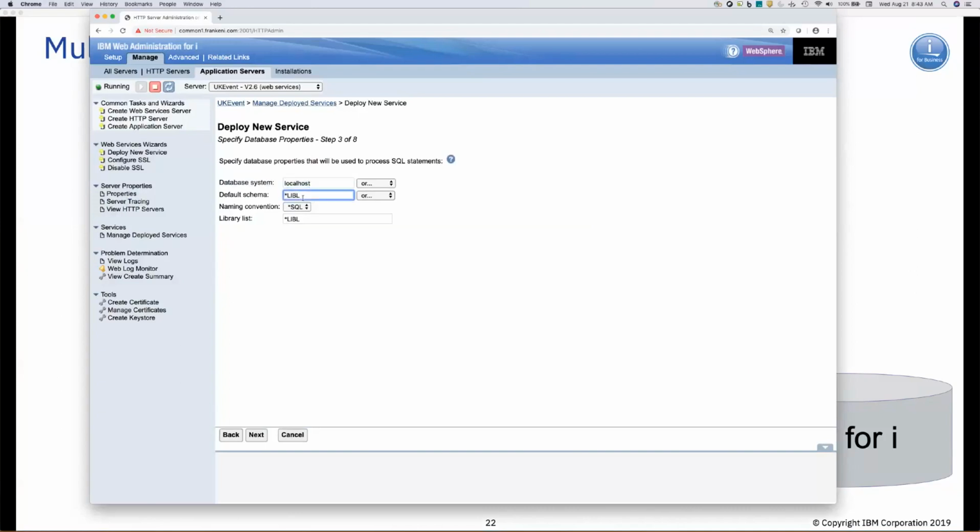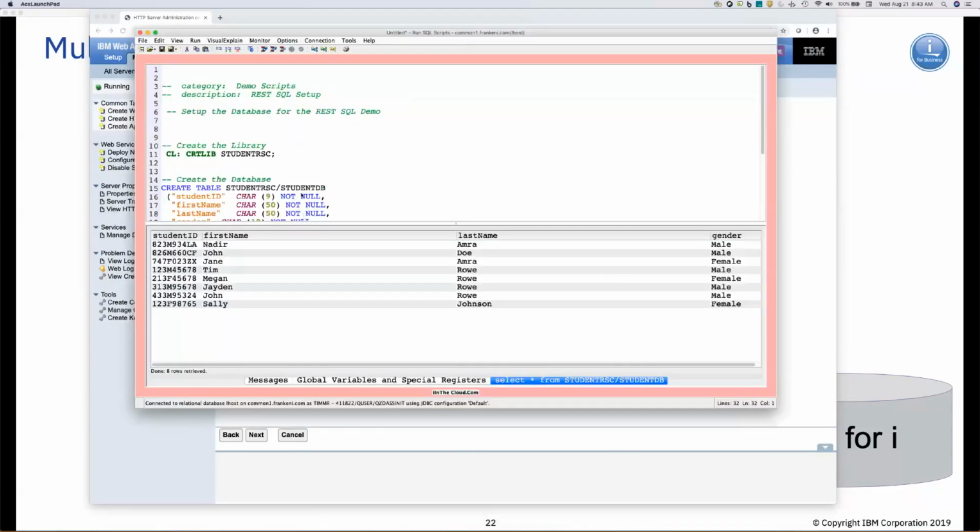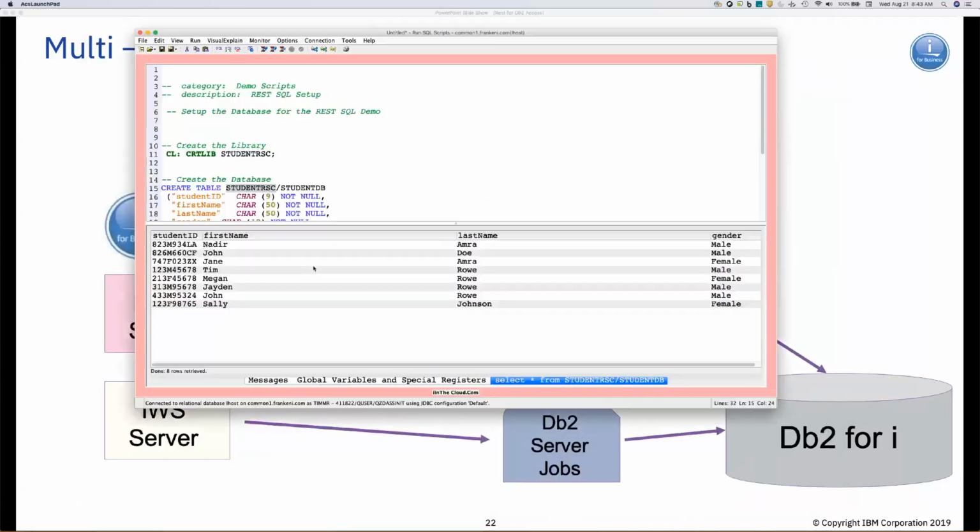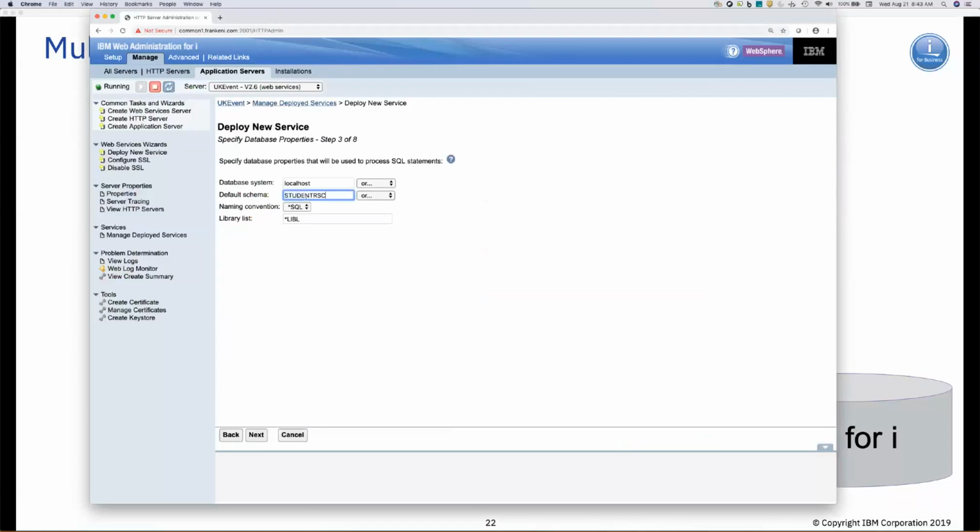Now, for my default schema, I could use the library list. I actually am going to specify the actual schema name itself, just so we make certain that we get to the right place. So for my schema name, I'm going to pull that from my ACS so I don't have to type things. And I can go paste that in. So my student SRC is the schema that I'm actually pointing at. And then,